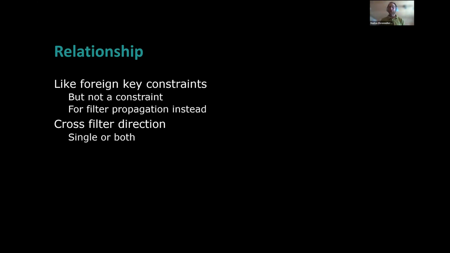But you should avoid this because you're paying a big penalty on this, because it makes your model slow first, and second, you might end up with a situation where your model is ambiguous. So that you have a circle in your data model, where the filter transfers to a lot of tables and then comes back to the first table. And Power BI does not allow you to have ambiguous models. So you would end up in a problem because then you have to change your model somehow to achieve what you want to see, but lose the bidirectional filters. So if you're interested in this cross filter thing, you should not solve it with bidirectional filters, but by putting filters on your report on those tables, which is not part of this talk today.